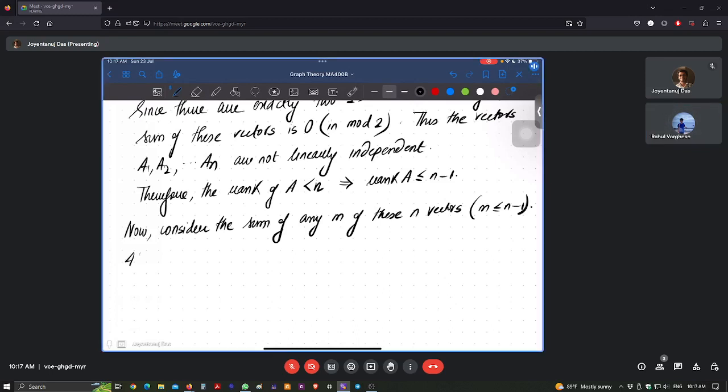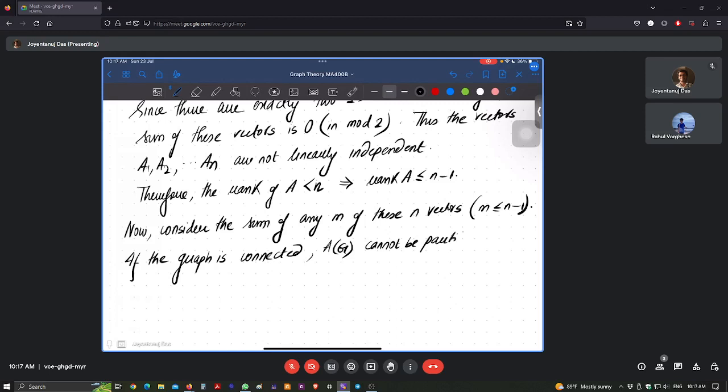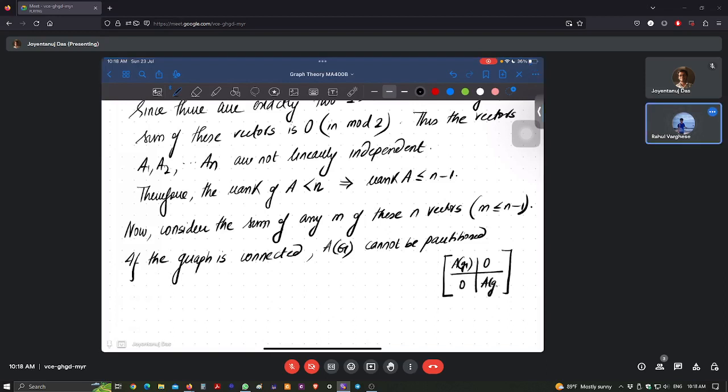And if the graph is connected, then AG cannot be partitioned into a block, right? So this means I cannot partition AG as AG1 0 0 AG2, such that